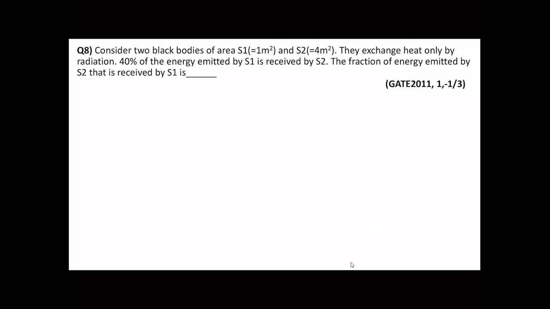Alright, so pretty much similar to the previous question that we discussed. Let's see how well you can find it out. Feel free to pause the video over here and I will be discussing the solution now. Alright, so I can see 0.1 spammed. Yeah, you guys are right, 0.1 is the answer. So again, as discussed in the previous question, we will be using the reciprocity rule and the rule of addition, where F21 plus F22 has to be equal to 1.